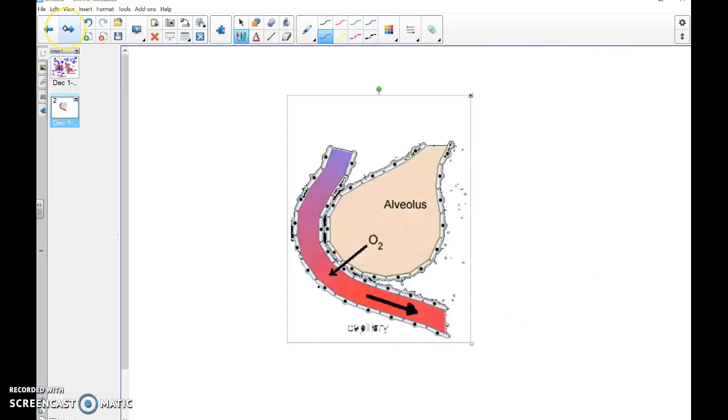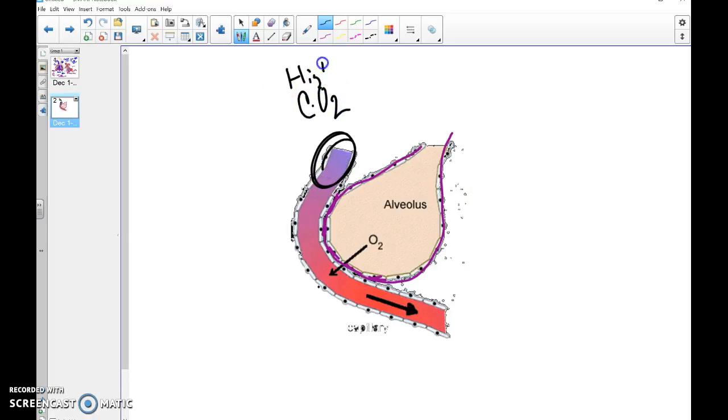So what I want to discuss now is a little bit about that gas exchange. So here you have an alveolus. So this right here is one of these sacs. And you see how it's like right up against the blood vessel. Now, what you'll notice is up here, I have blood that has really high carbon dioxide because that's coming from the body after the body's already taken what it needs out of it. That's filled with waste product, okay?